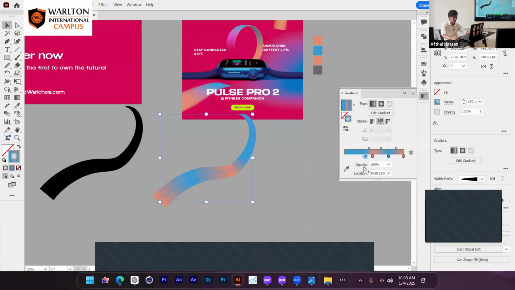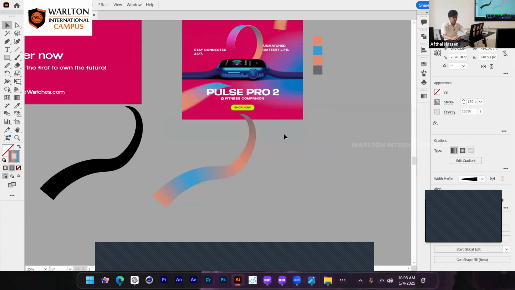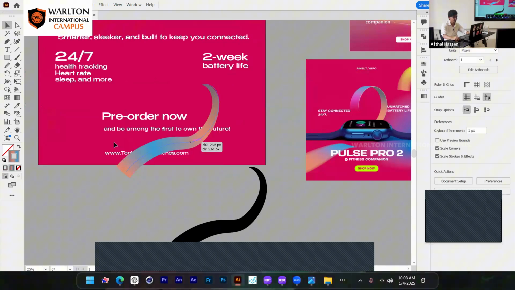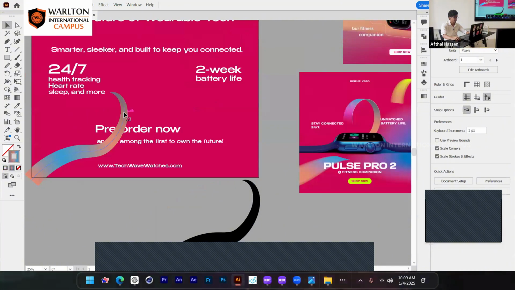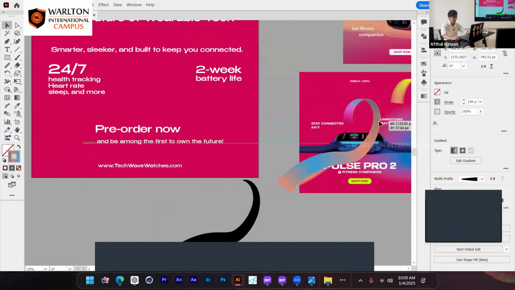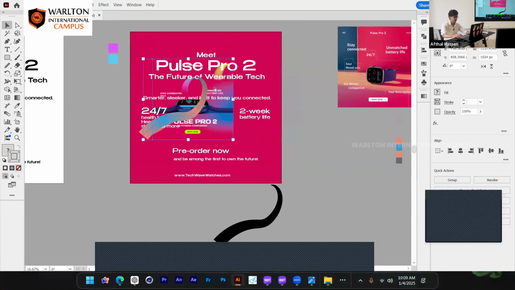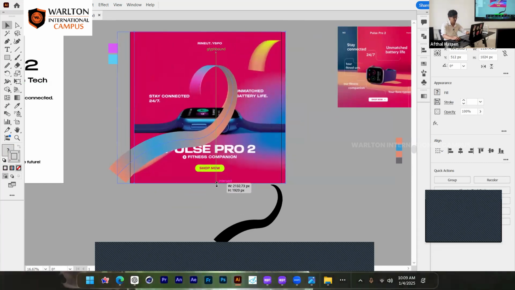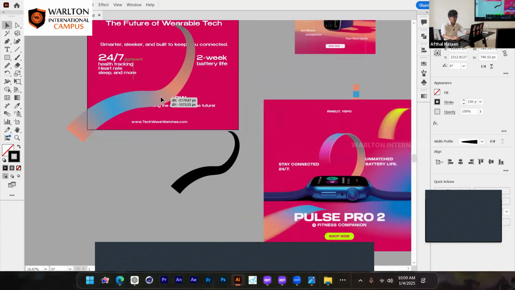This one, let's put this here and this here. Now keep in mind, you don't have to duplicate the exact colors and everything. You don't have to. Okay. One more thing I'm going to do is select the entire image and then make it much bigger. Okay, so I can put this right there